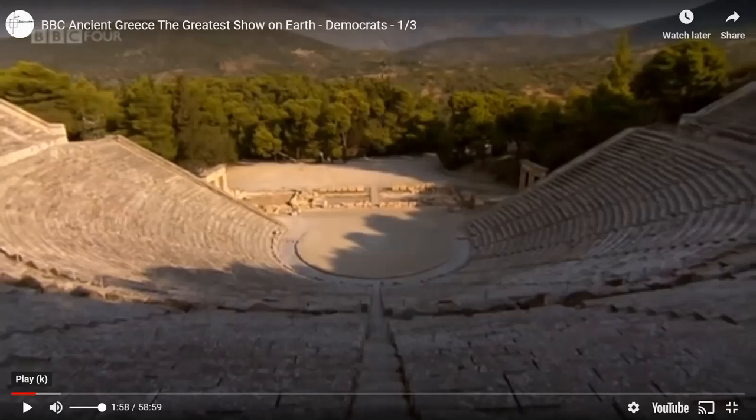Well, there's a little spot almost like a home plate in baseball down in the middle of that theater where they would have these plays. That was their entertainment, right? In the 20s, before there was television, it was radio, right? In ancient Greek times, it was theater. And our tour guide would take a little coin and basically drop it from waist high, and it would land on this little spot right in the center of that circle that you see there in the video, and you could hear it like it was right next to you. The acoustics and how they designed that architecturally was absolutely amazing, right?